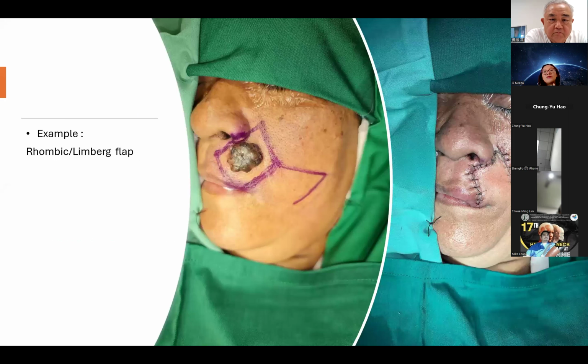So, for example, this is a limberg flap. It's a melanoma from the left cheek that we reconstructed using this flap. You can see that when you rotate it, it's mobilized on an adjacent incomplete bridge, which is a little bit triangular, but not complete. With this local flap, sometimes you cannot hide the scar that well, but by using these transpositions, at least you can hide the scar in the nasolabial skin crease, for example. But of course, you cannot hide it in any other part of the flap itself.